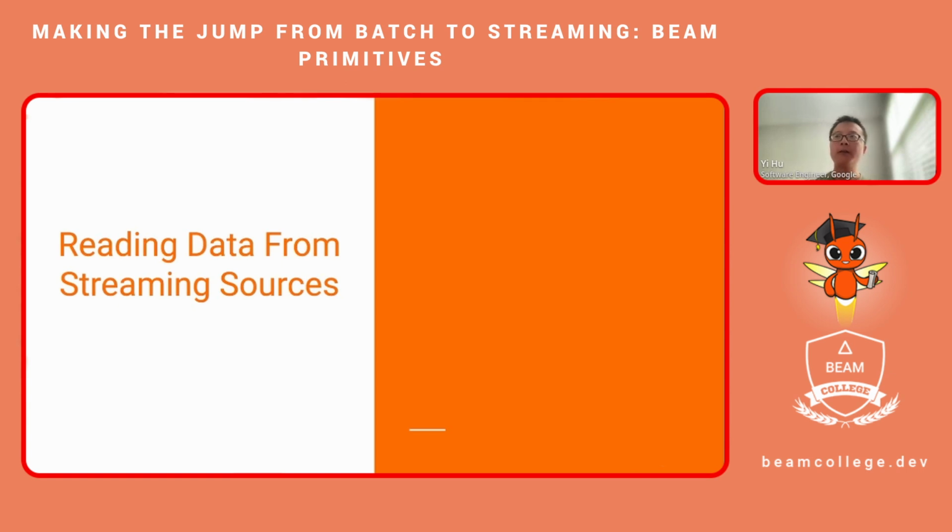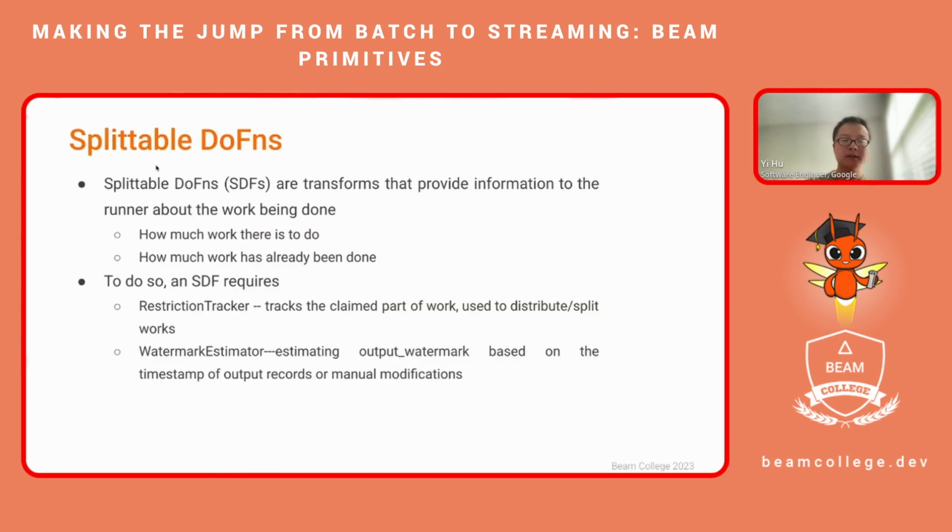Usually, you do not need to write your own connector. You use Beam's provided I/O connector to read from sources like Kafka or other message systems. But it's good to know something about it because the source is where the event timestamp and the watermark are assigned to the system. So in Beam, currently the modern way to read from a source is to use the splittable